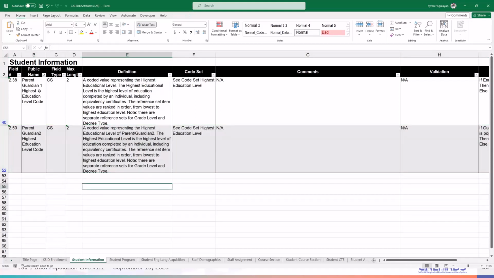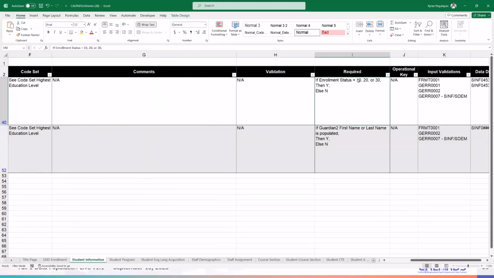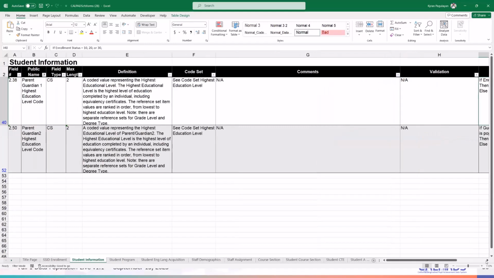But for parent guardian 1, it is always required as soon as the system sees that you have an enrollment status of 10, 20, or 30. Whether or not you have that information, even if the student said decline to state or anything, it is required. Otherwise, if that's not populated, it will trigger